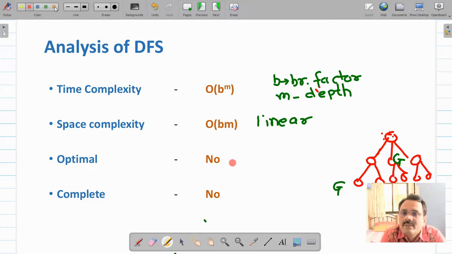Come to the completeness property of this algorithm. Algorithm even is not complete. Completeness refers to, do we have guarantee that if there is a solution, algorithm will return you the solution guaranteed? So again answer is no. Reason for that is, suppose depth of your search tree is infinite. In that particular case, algorithm will traverse that loop infinitely, and it will not be able to come out of that loop, and it may not give you the solution although it exists.